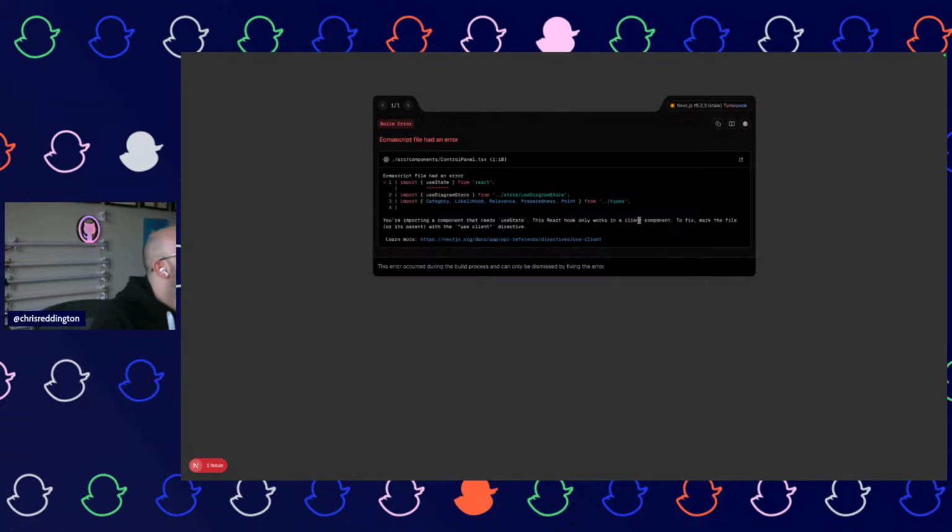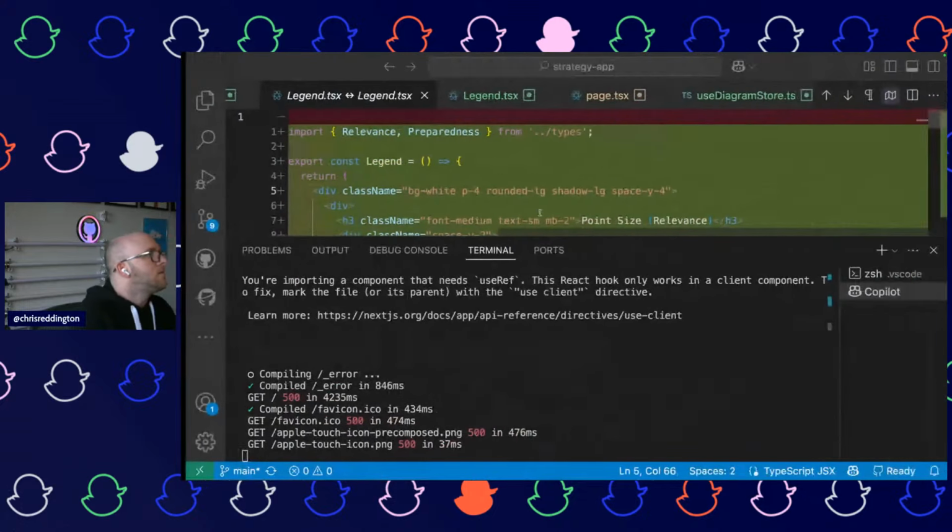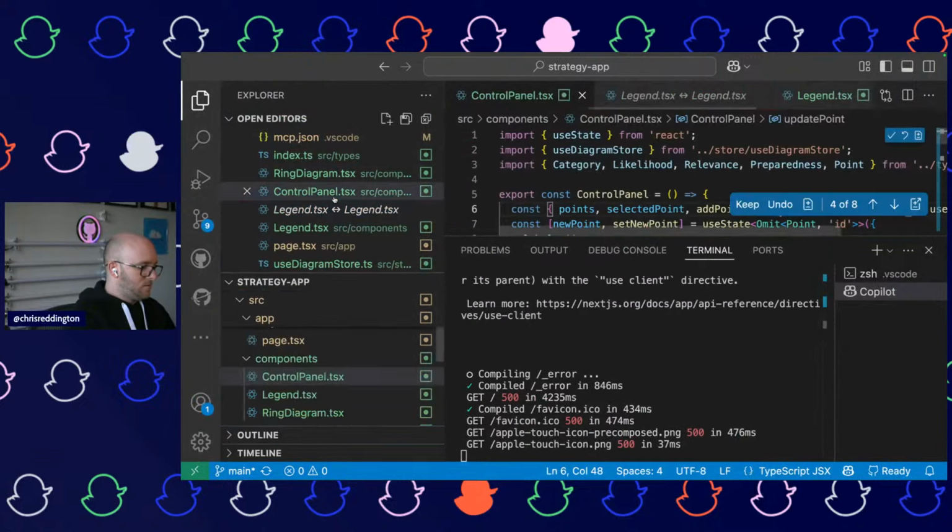Oh, yeah. Okay, so that's going to be in the control panel. Fine.